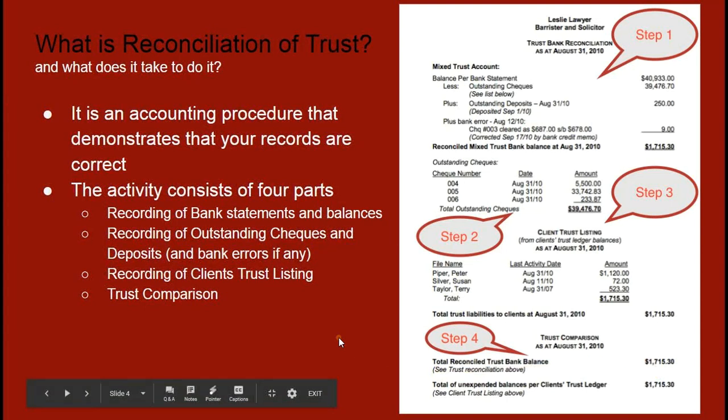Of course, the simple answer to the question, what if I don't have any trust? Then you don't have to do this. This is only for law firms and legal firms that do exercise the trust account, to accept retainers, money into your trust account. If you're actually doing the work, generating an invoice, and there's a leap of faith where you will get paid, that's purely a general transaction.